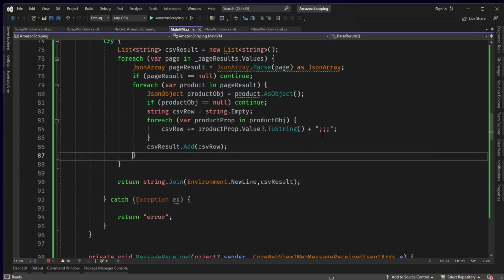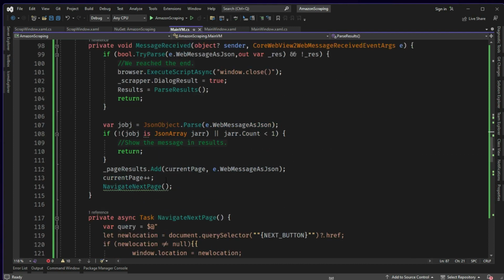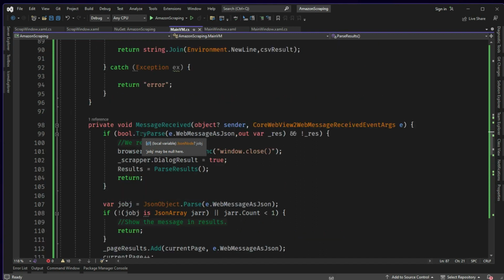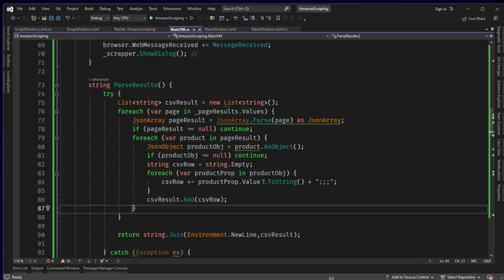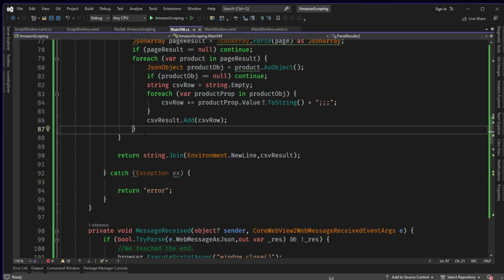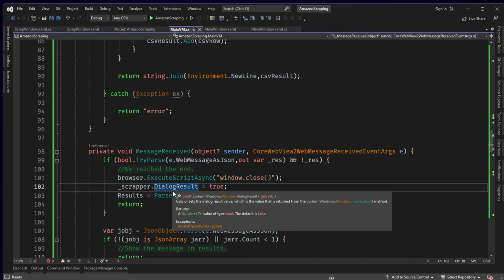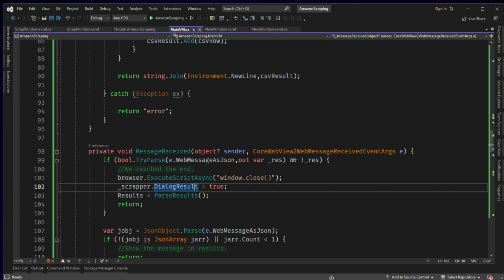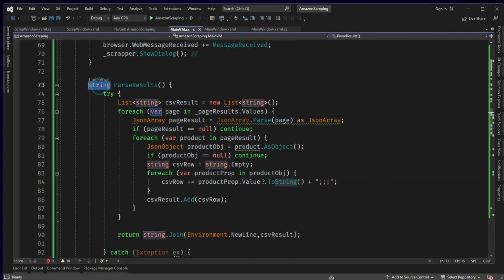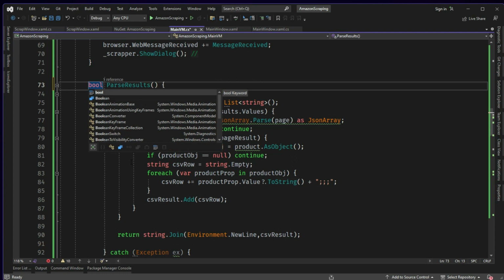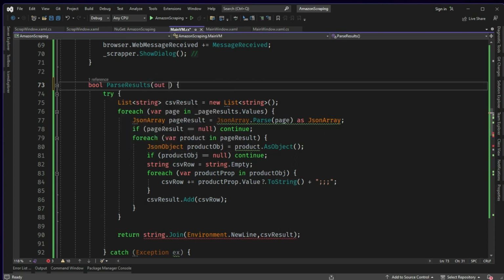Perfect. So now we don't need to show this in our text block. We are showing some results in the text block, but it is not mandatory. If the page values are more, our application will be hanging. To avoid that issue, whenever the processing of parse results is done, we will make this parse results a boolean, and inside the parse results we will give an